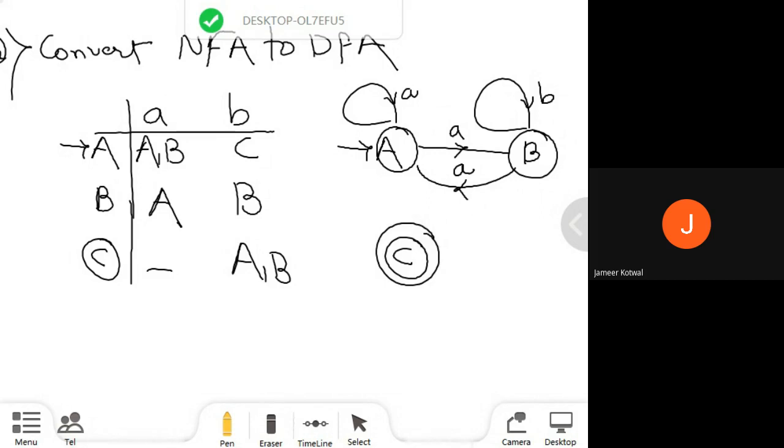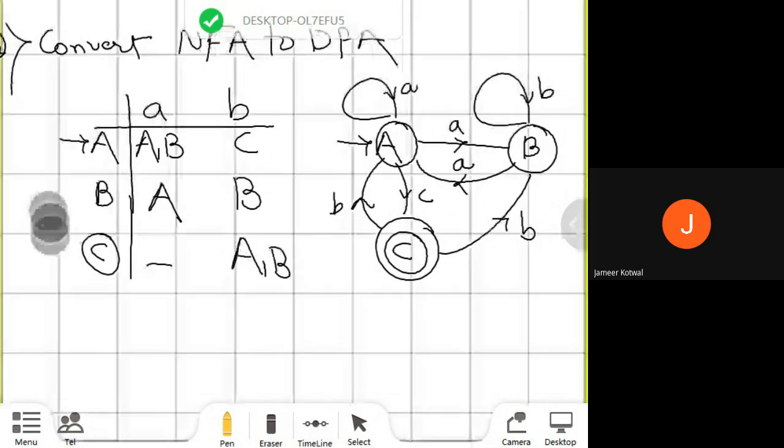By processing B, it reaches state B as well as state A. And next, by processing B in state A, it reaches state C. The transition diagram completely depends upon the transition table, fine. So both the transition table as well as the transition diagram are related to the NFA, right? So now we will convert it into a DFA, fine.